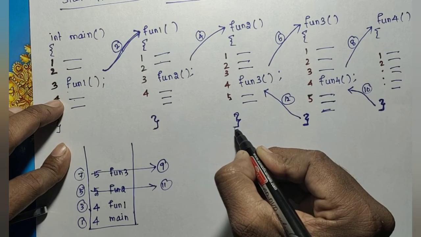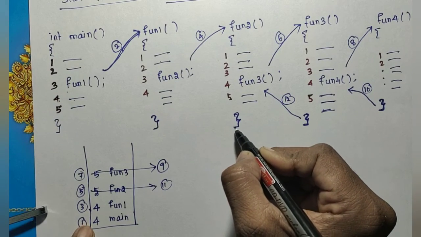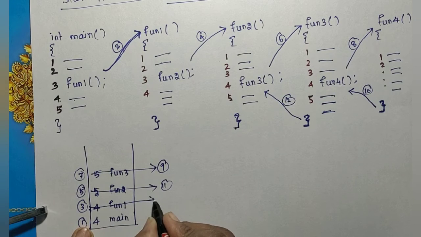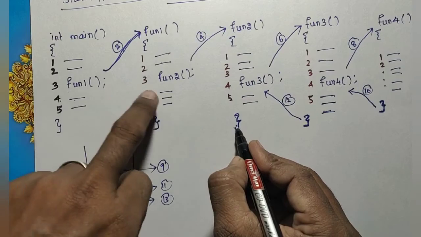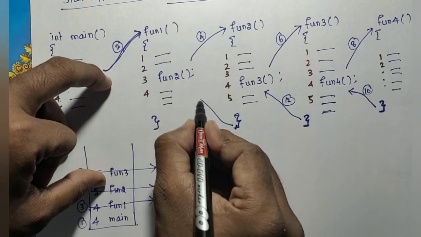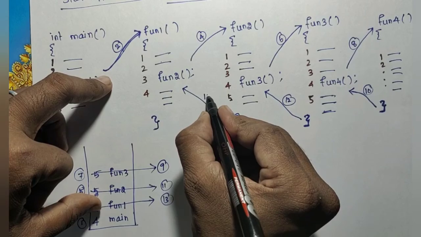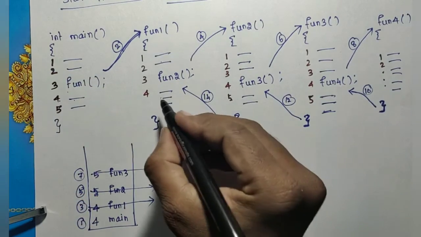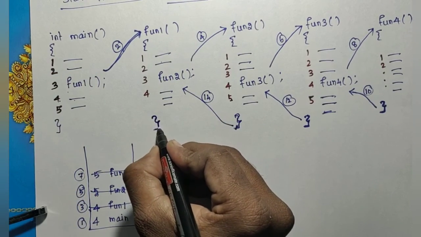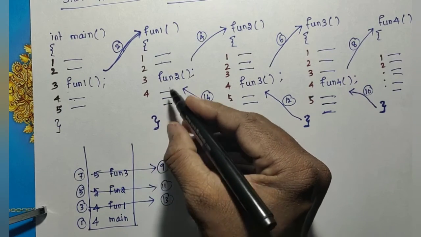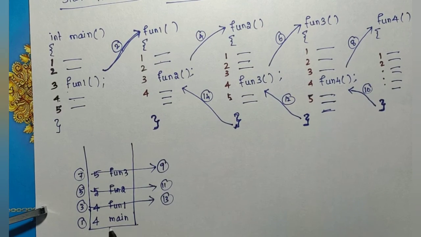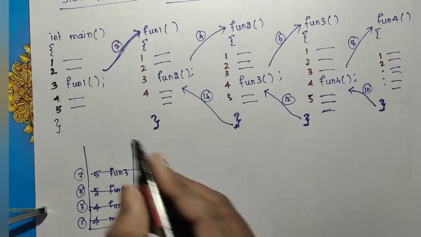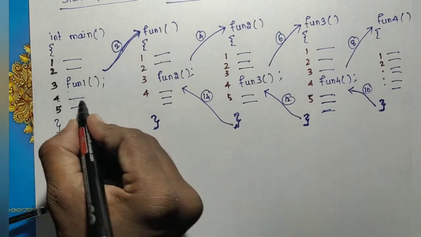Again it will reach the end of function 2. Again we refer to the stack. The stack will now return the fourth line of function 2. By referring to the fourth line of function 2, it will return there. So here is the 14th statement. Again it will continue execution. Here we have reached the end of function 1. Whenever it reaches the end, it will ask the stack. The stack will return the fourth line of main. That is the next step, so it will return to here.